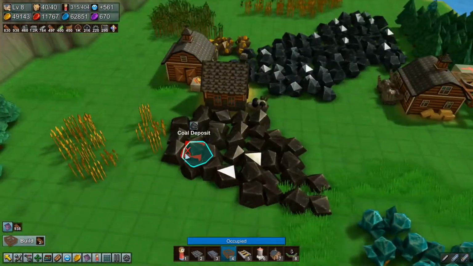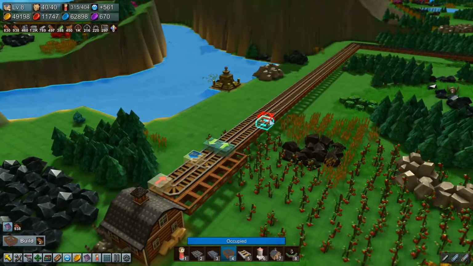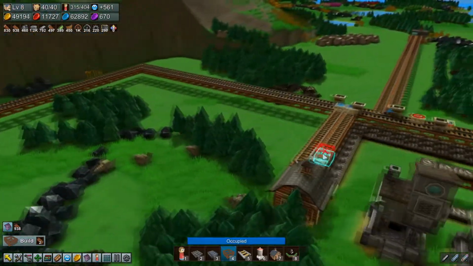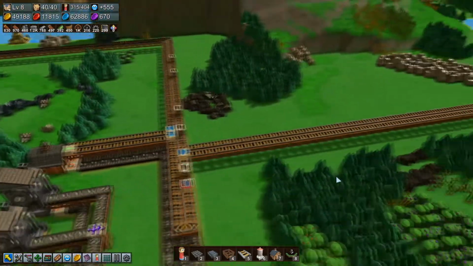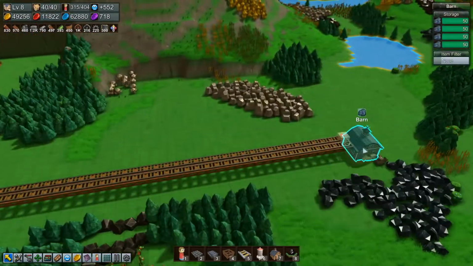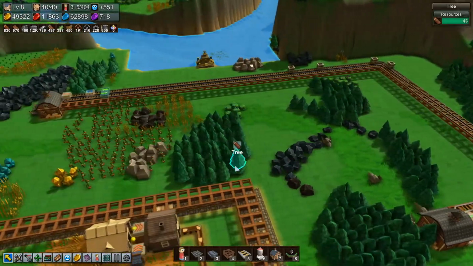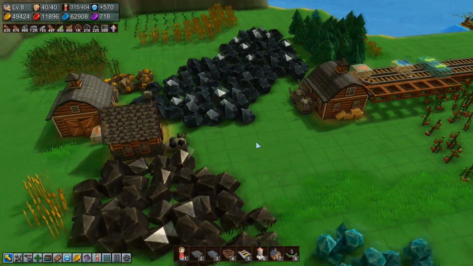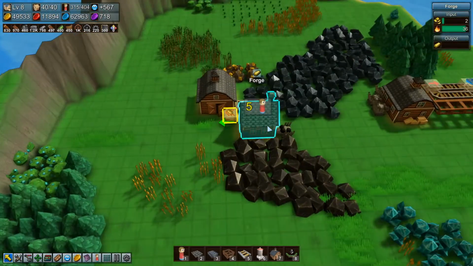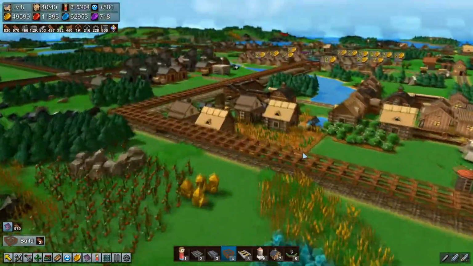Okay. So this gets us all the way to gold, yeah? Not too bad. I also have all this path for iron if I want to use this for gold as well. Wouldn't be a bad thing. There's tons of iron here to be had. Excellent. Okay. Let's go ahead and...